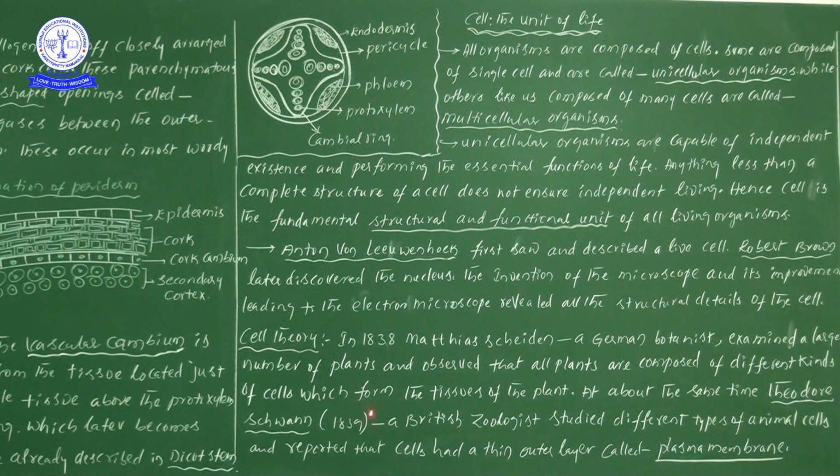Okay, cell theory in 1838. Even years, try to remember. Suppose in a textbook they give a year, definitely try to remember. Cell theory in 1838, Matthias Schleiden. Okay, surname not required, at least Schleiden you try to remember. In 1838, Schleiden, German scientist, German botanist,